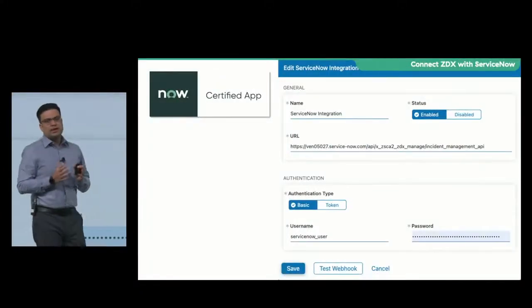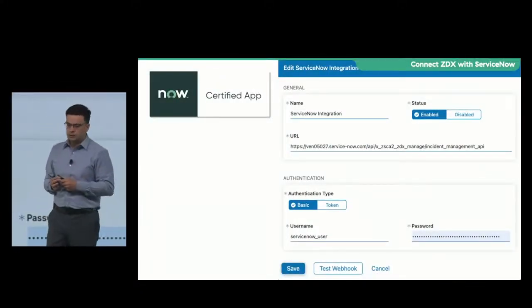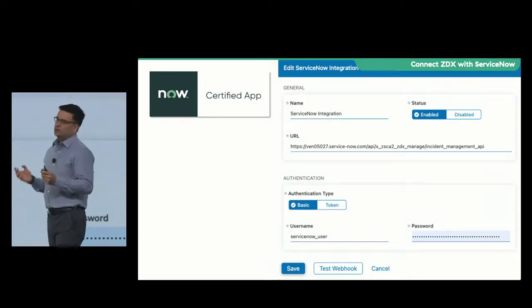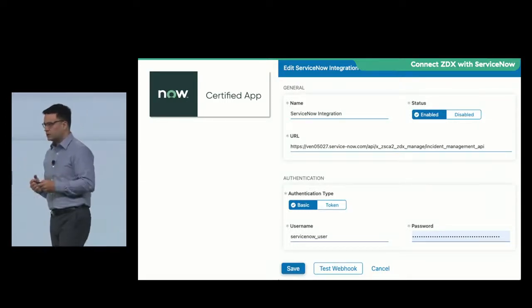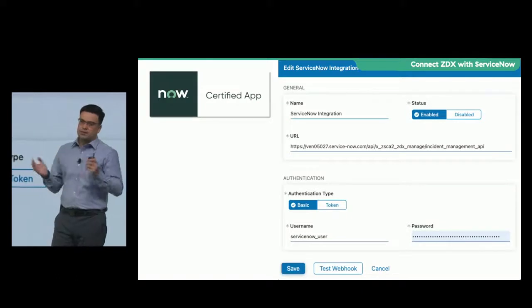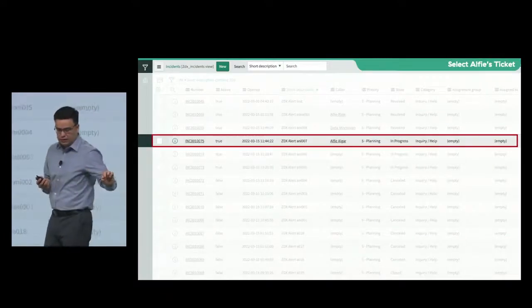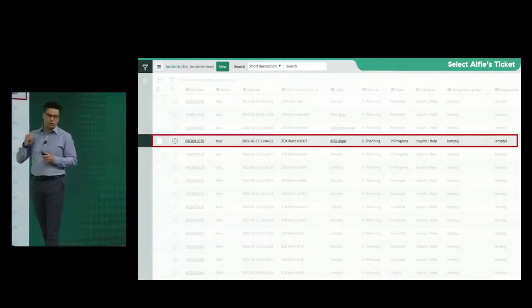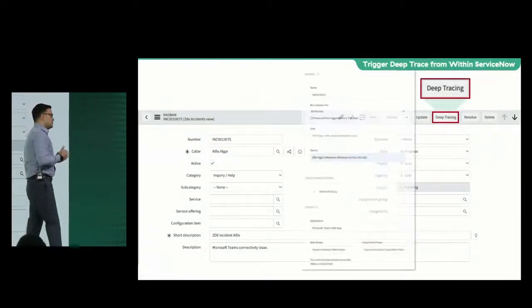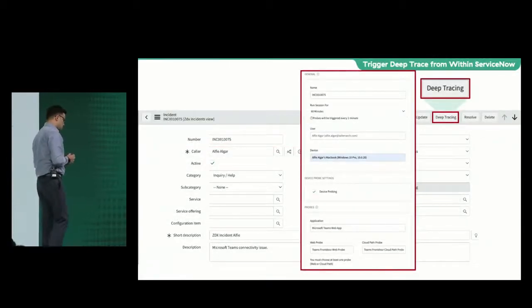We have introduced an app on the ServiceNow App Store. You can enable the ZDX tenant to talk to the ServiceNow App Store. Now, you might have multiple service desk technicians who might not even have access to ZDX. As you can see, the ticket from the user is sitting in the ServiceNow queue. What we are doing now is introducing an even deeper integration with ServiceNow, which we call